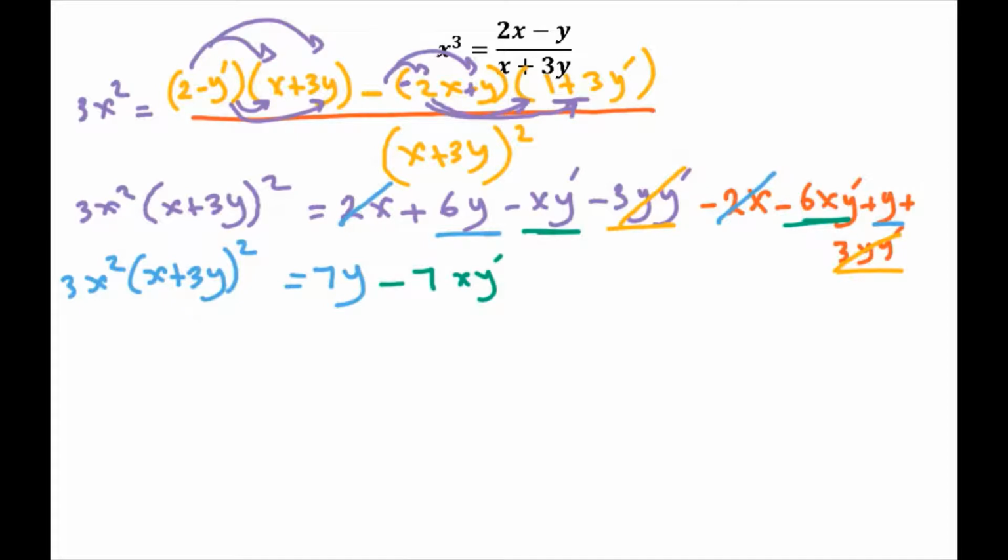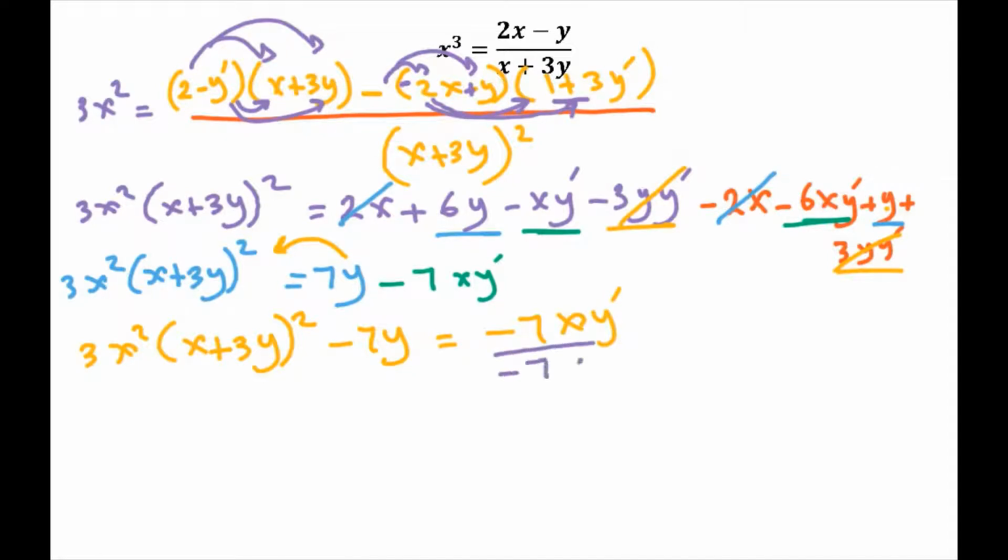2x and negative 2x crossed out. Negative 3y y prime and positive 3y y prime crossed out. 6y and y is 7y, negative xy prime and negative 6xy prime is negative 7xy prime. Remember, now we should solve for y prime. So I'm going to try to move this. So it's going to be 3x squared, x plus 3y squared, minus 7y equal negative 7xy prime. Well, I want y prime, so I'm going to divide both sides by negative 7x. So y prime, or you can call it dy over dx, equals